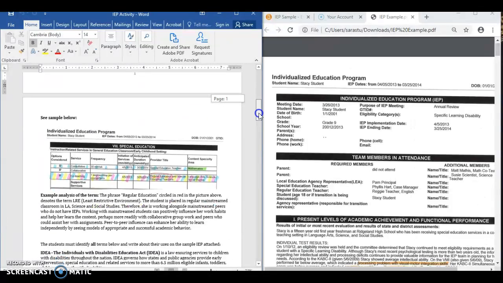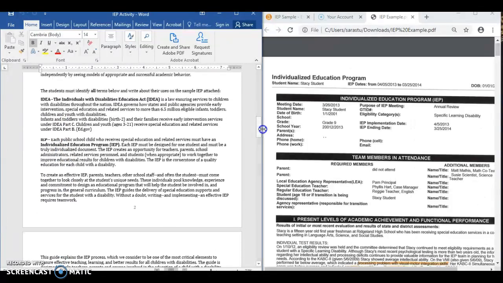The next part is looking at the various terminology. And so not only on this document are the terms attached, but the definitions as well. So IDEA, the Individuals with Disabilities Education Act, which was the law that ensures that children with disabilities will have a right to a free and appropriate public education in the least restrictive environment.